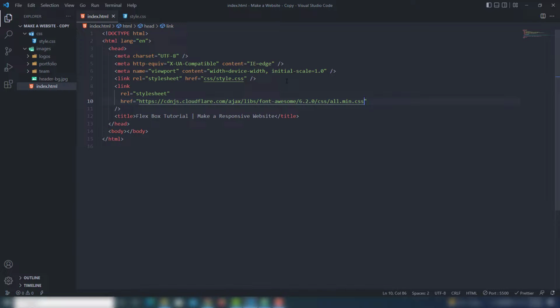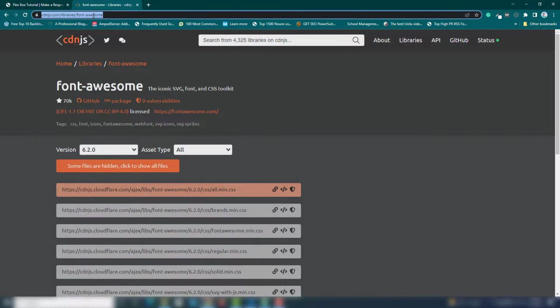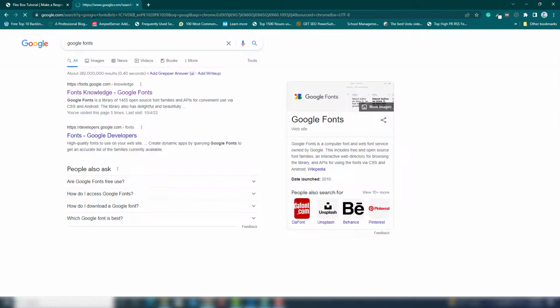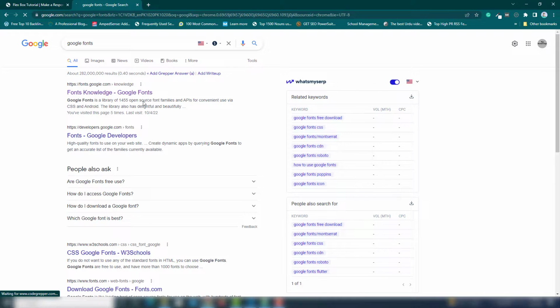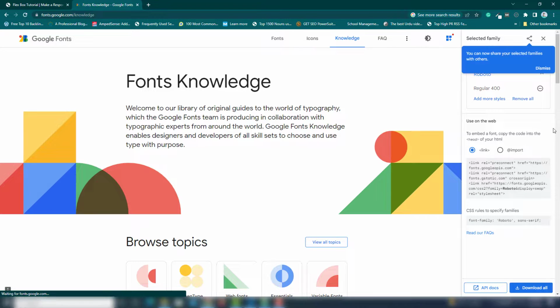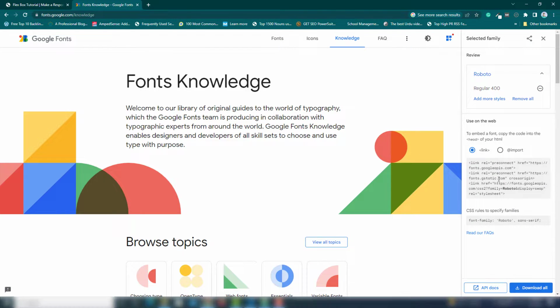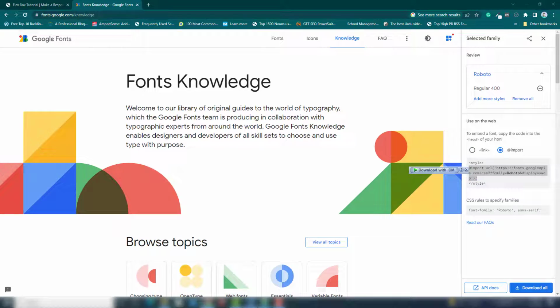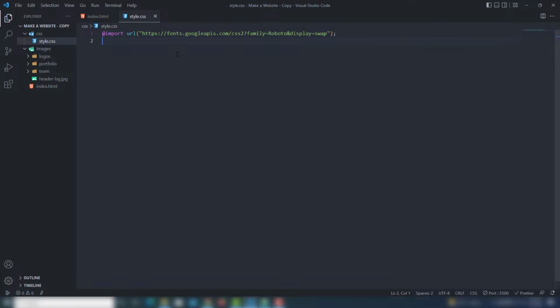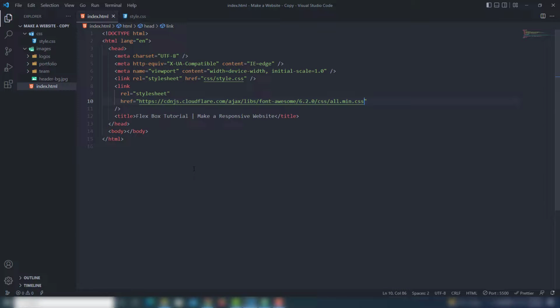Right, once you've done that, the next thing you need is Google Fonts, because we will use the Roboto font. I think I already selected it there. As you can see, I select import, copy that, and paste it into your style.css file. Right, then the next thing we need to create is a